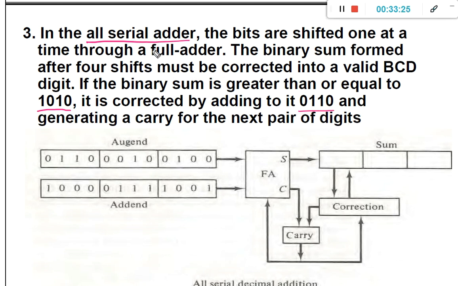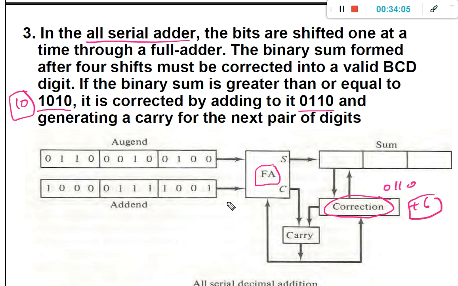So in the all serial adder, what we are going to do is perform the binary arithmetic and then convert it into BCD code. For that purpose, we are going to use a full adder and perform the binary arithmetic. After performing the binary arithmetic, we need to perform the correction as we have seen in the previous table. So if the sum is greater than or equal to 10, then we need to perform the correction by adding 0110, that is plus 6.